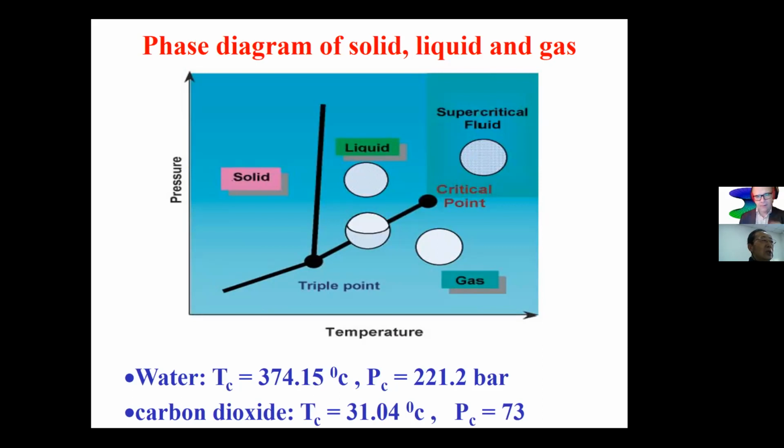For instance, in water, we have a phase diagram of solid, liquid, and gas. You can see that by changing the pressure and the temperature, we can have the border between two different phases. There is a critical point at which two phases coexist. It means that at this critical point, we don't know whether the phase is liquid or gas. So this phase diagram is very universal for many different materials.